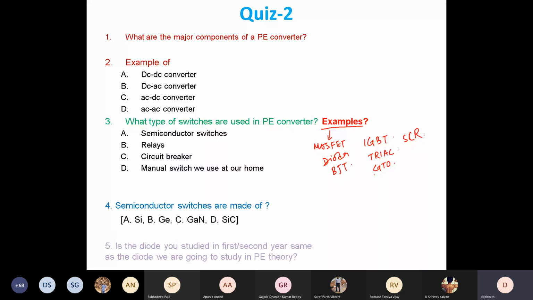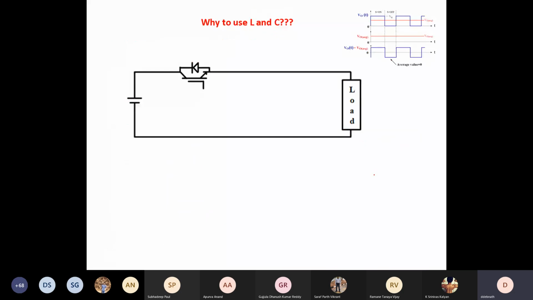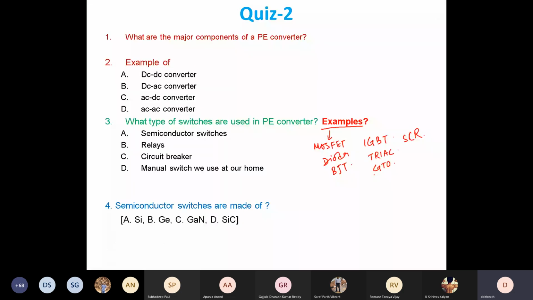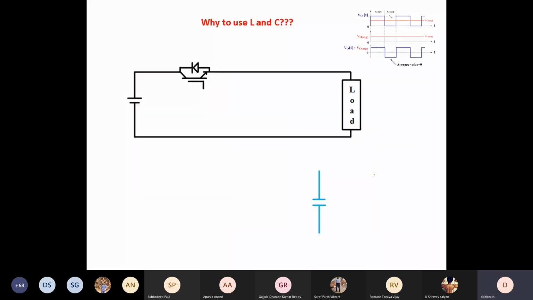Then what we did is we tried to understand. You remember we talked about three important Cs: one is conversion, another is control, another was conditioning, and we wanted to learn more about this conditioning. So I took you on a journey where I showed you how to solve this pulsating output voltage and make it flat DC output voltage using filtering elements, so that our load can see a flat or pure DC kind of waveform.